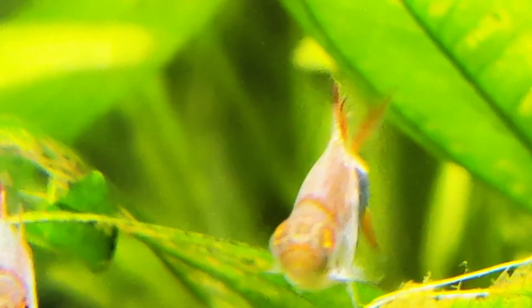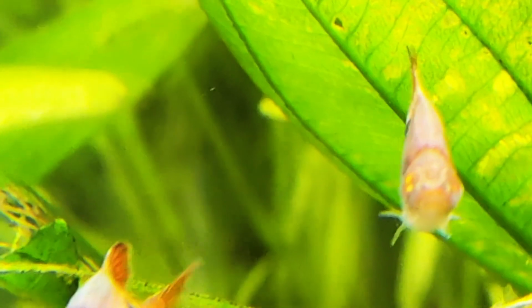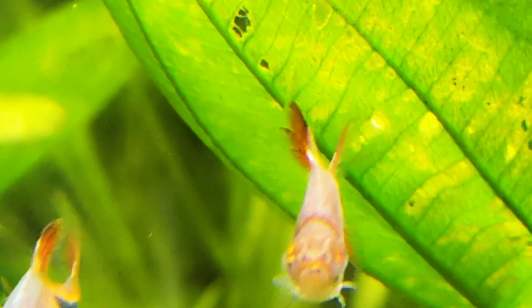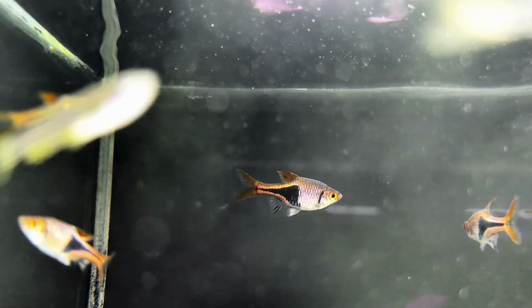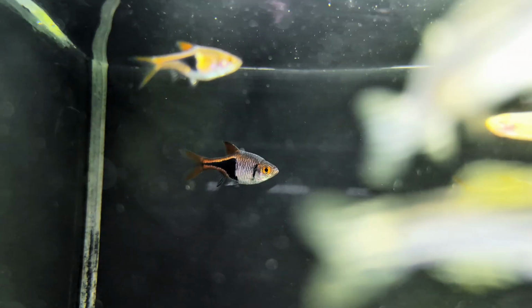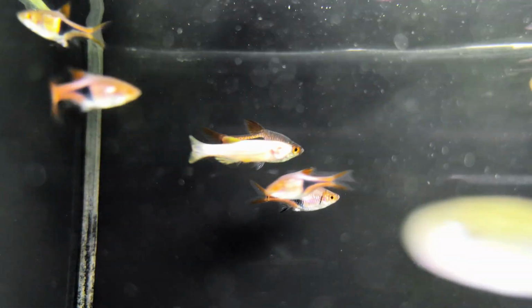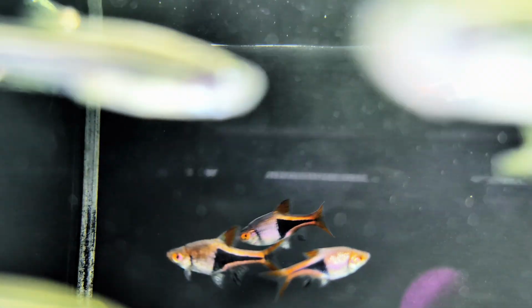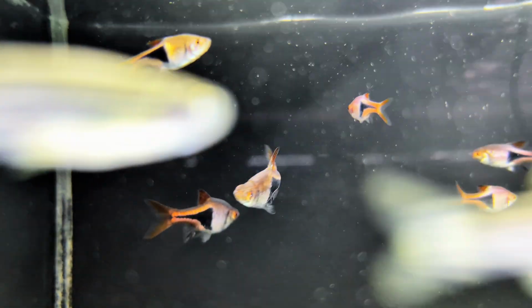As I said, keeping them in groups of 10 or more is ideal. So although a 40 litre is the absolute minimum for them, I would always recommend going for a 60 to 80 litre or even more to keep a bigger shoal. In terms of ideal temperatures, we recommend anything between 22 and 28 degrees, although 22 to 24 is going to be that sweet spot to keep them happy. If you're interested in breeding them, you are going to have to use RO water, but not a very beginner-friendly thing to talk about. And in general, keeping this fish is just going to be as simple as cycling an